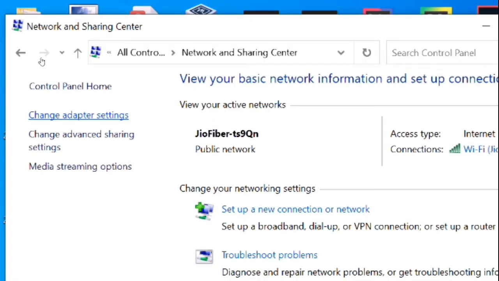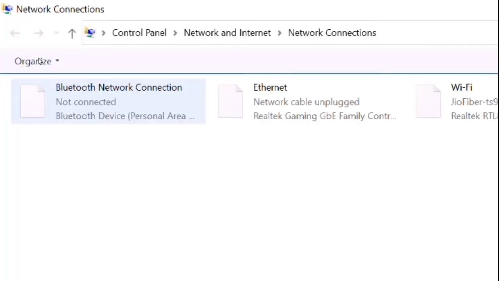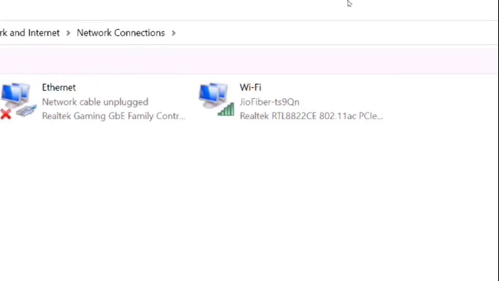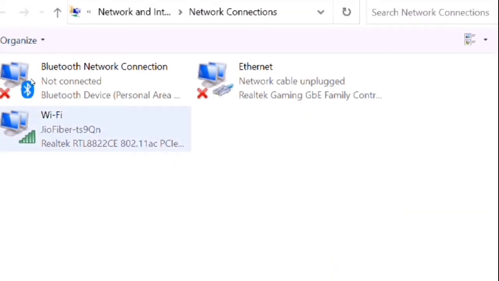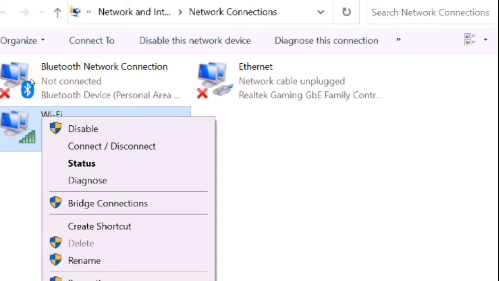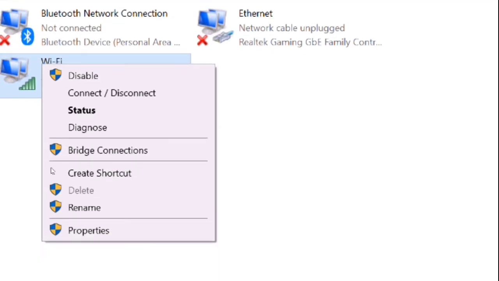Now choose the option change adapter settings. Here you will find all your available network connections. Make a right click on your connection and choose the option properties.